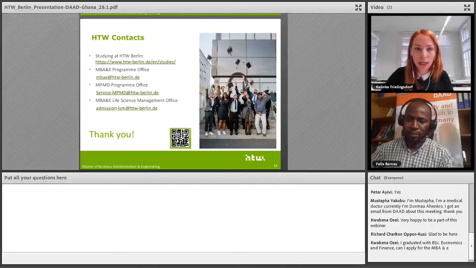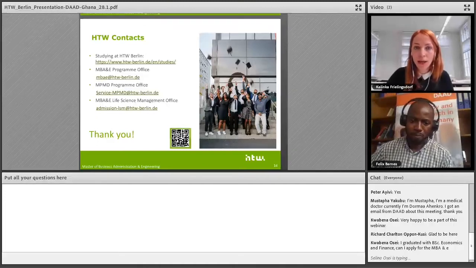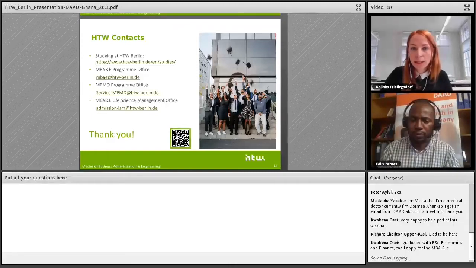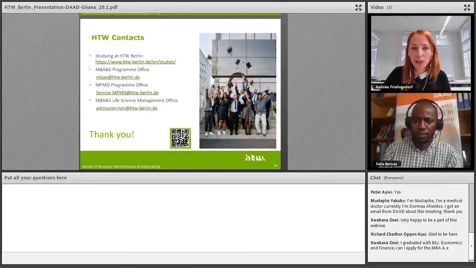But I would like to mention that our MBA and E program has a kind of scholarship called the Diversity Enhancement Grant. So this is a reduction of the tuition fee of 50%. And you can apply for this diversity enhancement grant because we want to encourage especially women and people from underrepresented countries to apply to the program. So this would be one of the options to reduce the tuition fee.